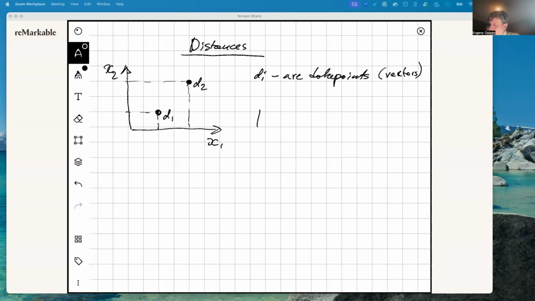So first, we have the L1 distance, which is the Manhattan distance, which is defined as the sum of the modulus of x_i for data one,